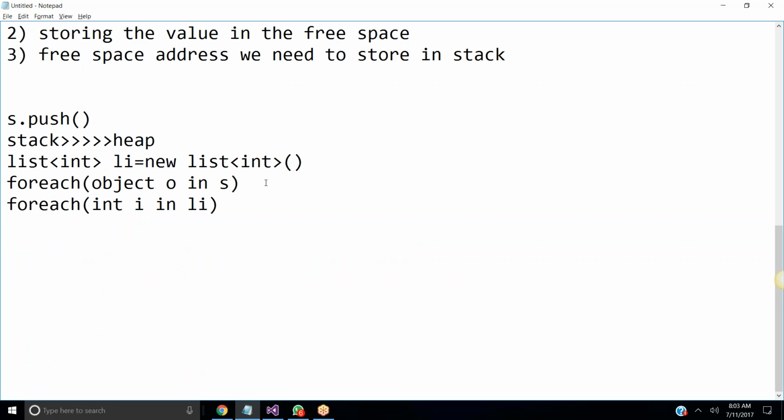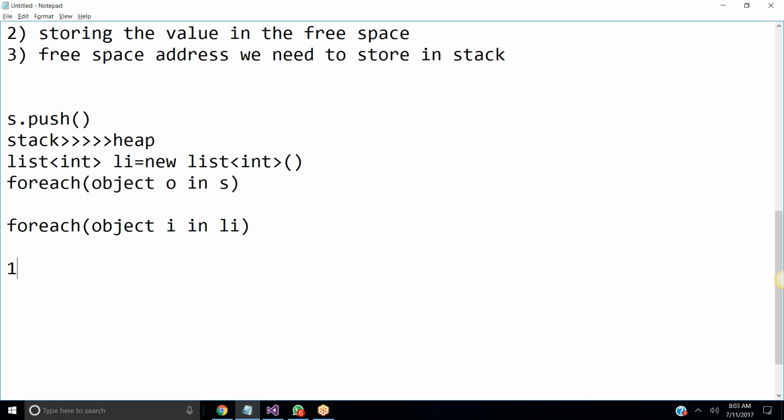And one more thing, whenever you are working with this, for each int i in li, each and every time you take it as an integer, there is not much work. But whenever you take it as an object, what happens? Each and every time the value of the integer needs to be converted into an object, meaning you take the value and pass it into heap memory. That would be a really difficult task. So that is the reason, while working with the for each loop, you need to be very conscious of whether you are taking the correct data type or not.